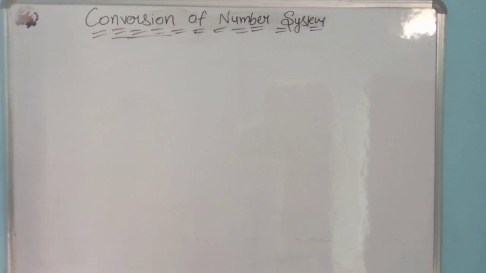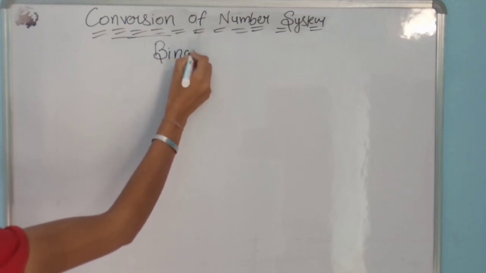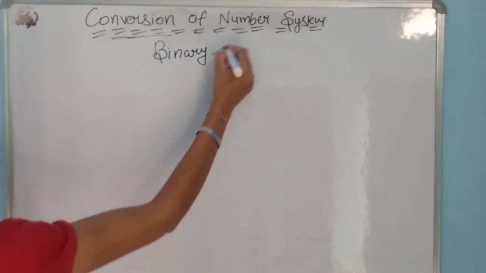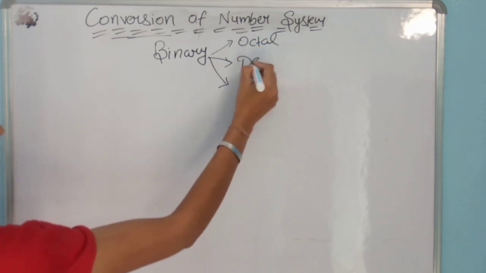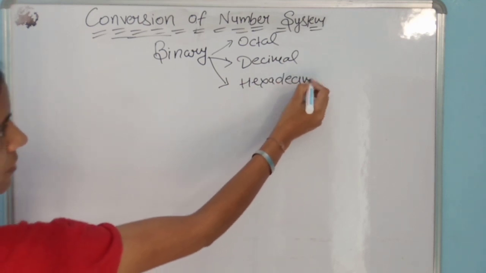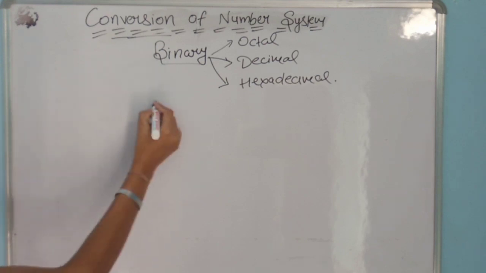Okay, we have four types of number system: binary, octal, decimal or hexadecimal. And today we learn about only binary conversion, and we will convert the binary number into the other forms. Other three forms means octal, decimal or hexadecimal. So today we will convert the binary number into octal, decimal or hexadecimal. And a binary number contains only two digits, and these digits are 0 or 1.